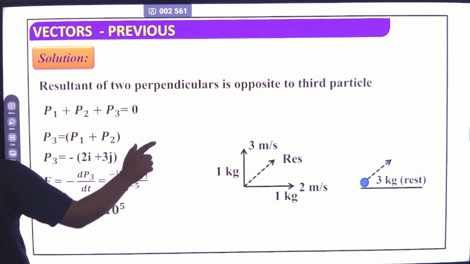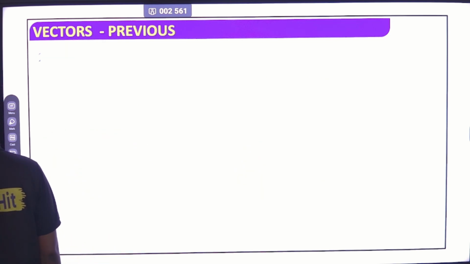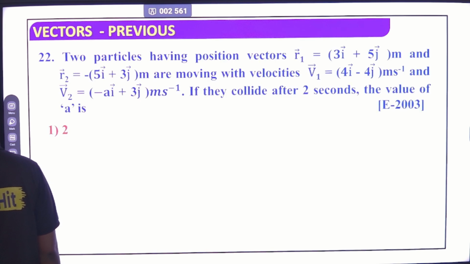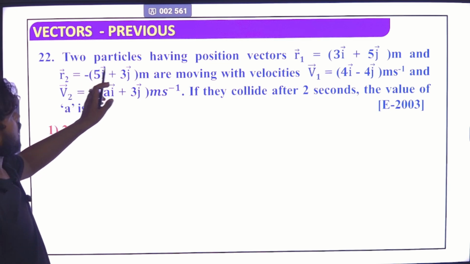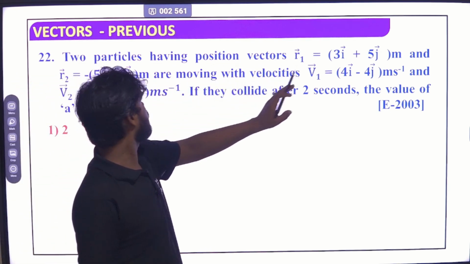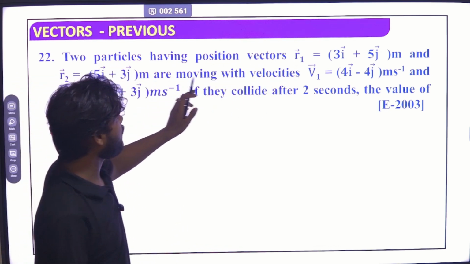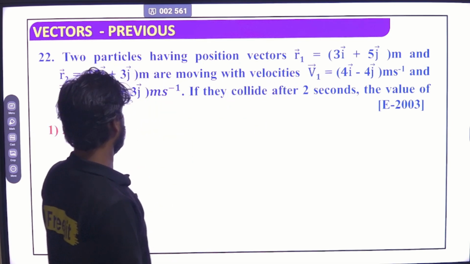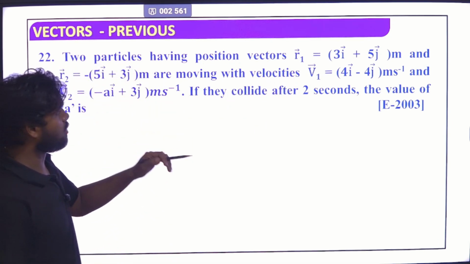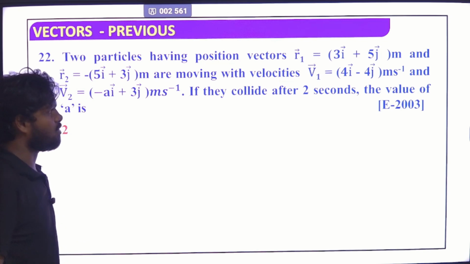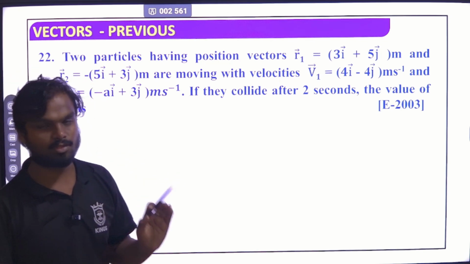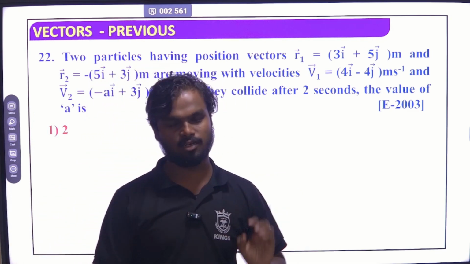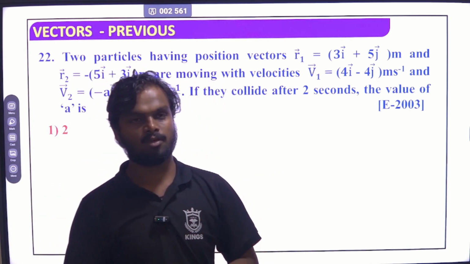See, there is momentum conservation here. What is the question? Two particles having position vectors r1 and r2 are moving with velocities v1 and v2. If they collide after 2 seconds, then find the value. The same type of question keeps coming. We are leaving those questions related to momentum for now, because